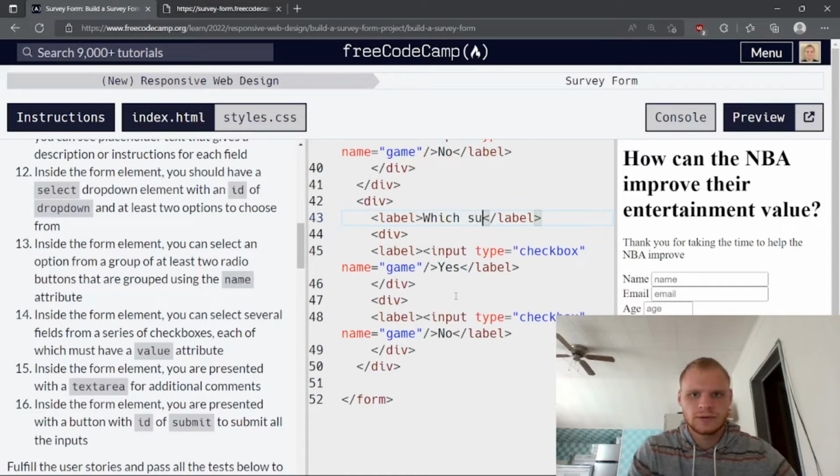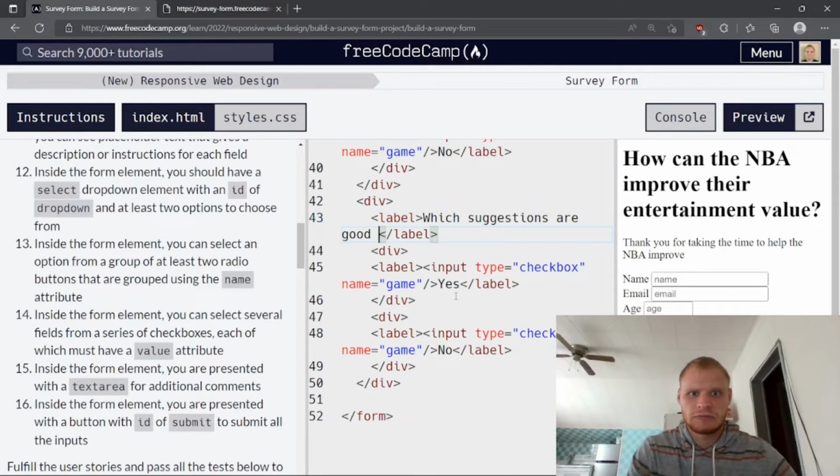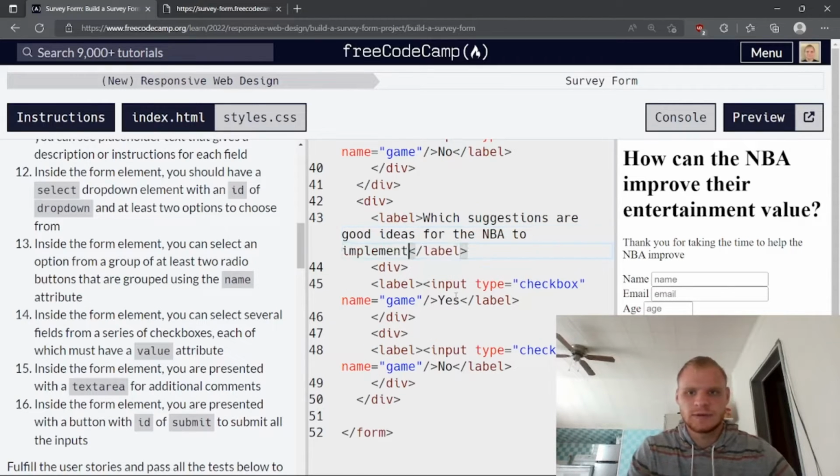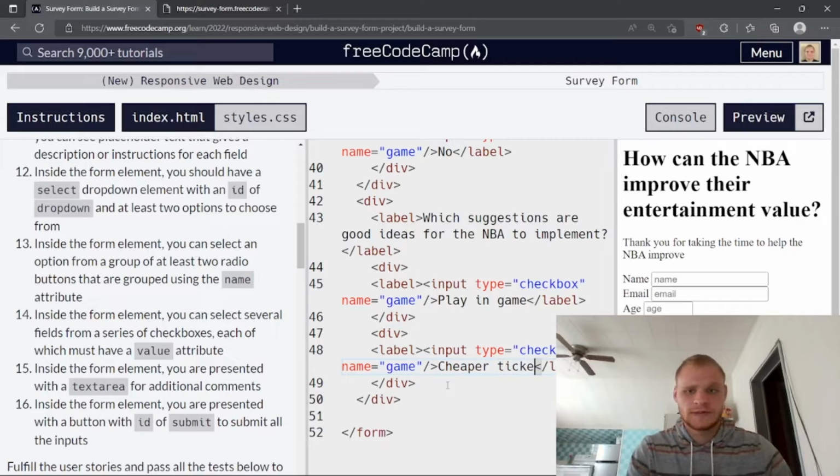Which suggestions are good ideas for the MBA to implement? And then we'll say, like, play in game, play in game. We'll say cheaper tickets,